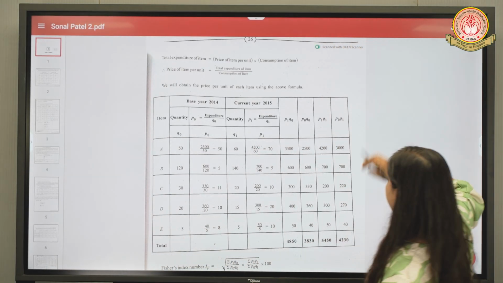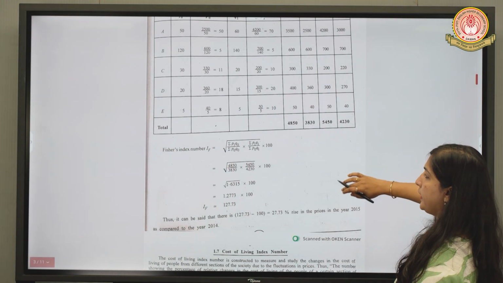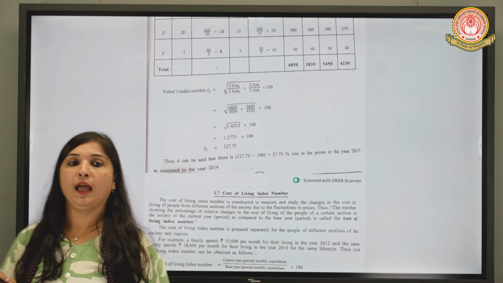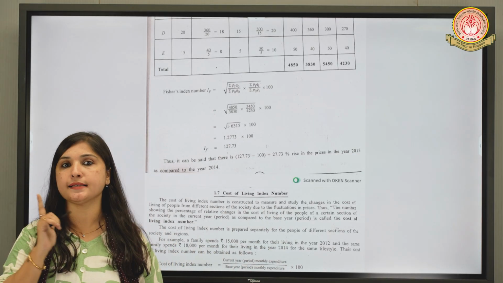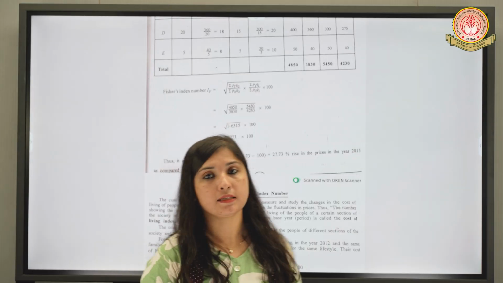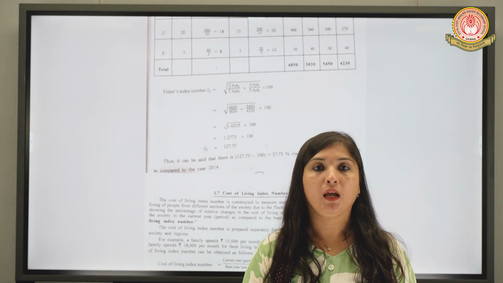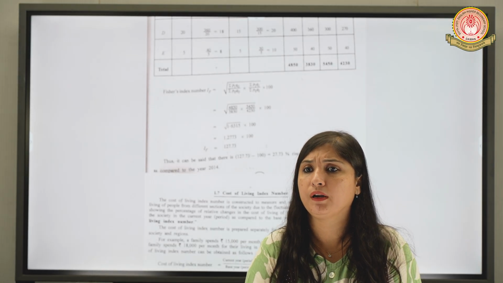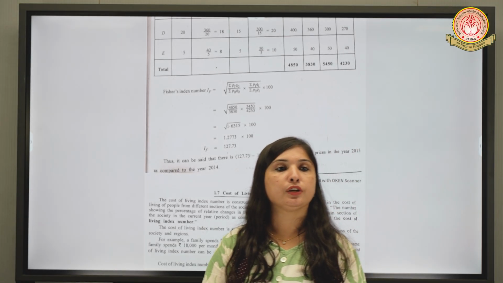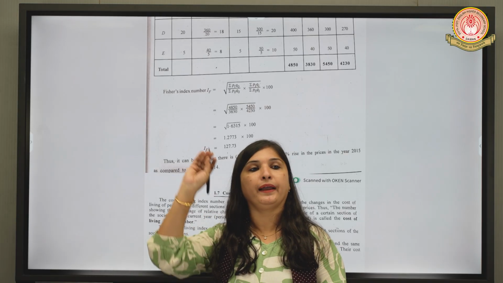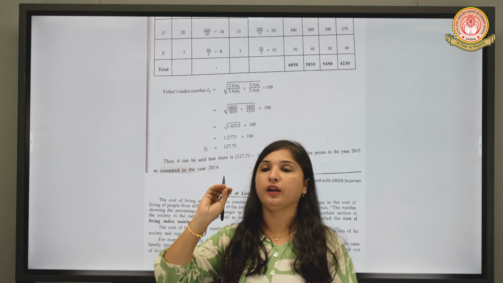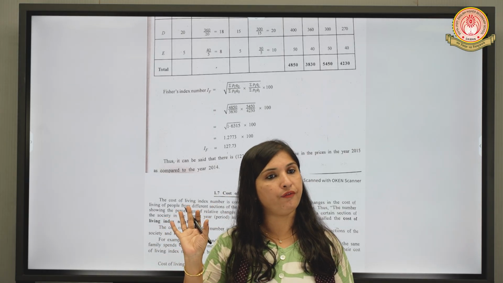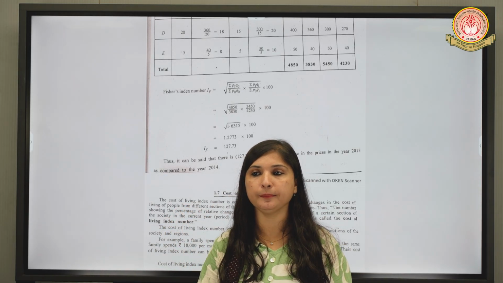Once you are done with all the summations, the next step will be applying the formula. You will apply the formula for Fisher's index number and you'll get the final answer. And the last step that you don't have to forget is the interpretation part. Never forget to write the interpretation. 0.5 marks is for interpretation also. In interpretation, the very simple step, you have to compare it with 100, and after comparing it with 100, whatever increase is there in the price, you have to write as the final answer. Is it clear to everyone?